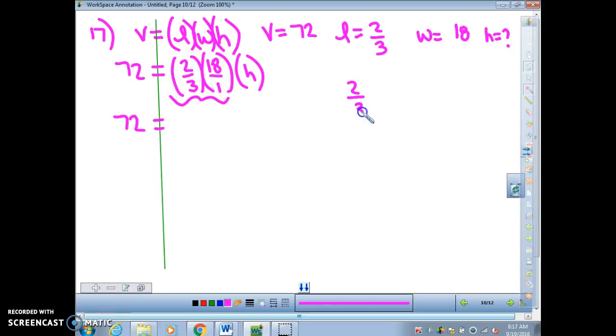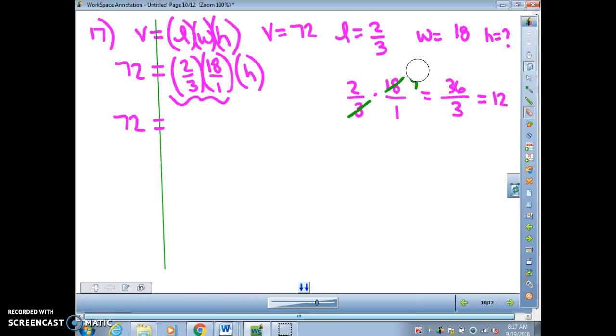And again, you can always come over here and do this. You can say top times top, bottom times bottom, and figure out that it's 12. But a little easier method is to say that 3 divides into 18 9 times. And did I totally get that wrong right there? No, I did. 3 won't go into 18 9 times. 3 goes into 18 how many times? 6. Y'all knew better than to let me make that mistake. There we go. So you get, either way, you get 12, because 2 times 6 will give you 12 over